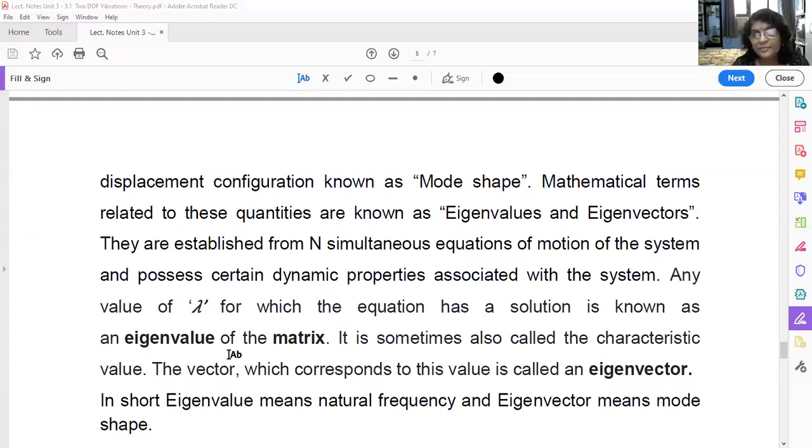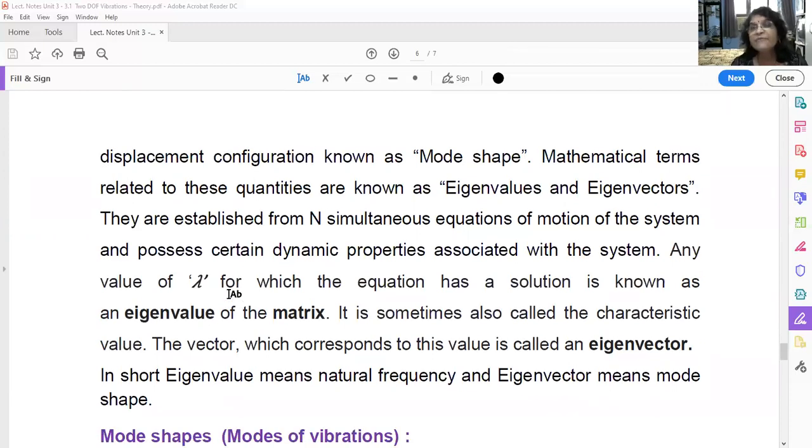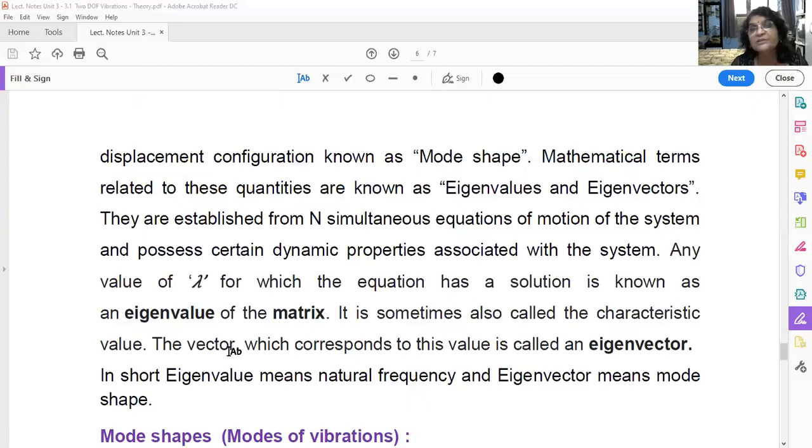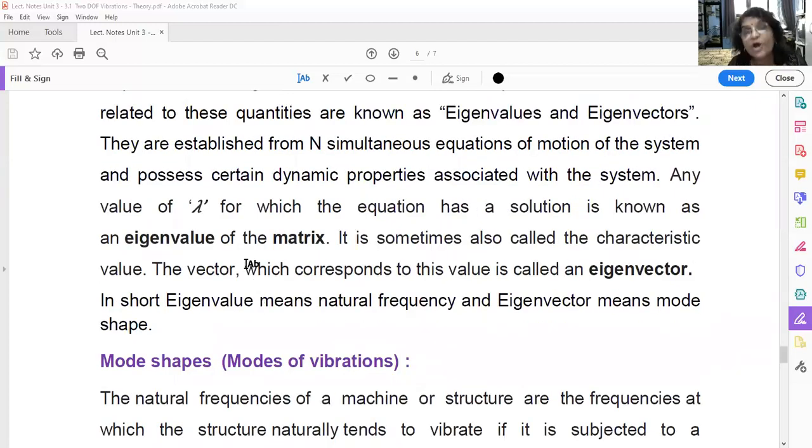Okay, and why is a matrix here? Because when it is an n degree of freedom system, there will be many equations and many parameters. Say if you consider mass, it is m1, m2, m3, m4, etc. If we consider dampers, damper 1, damper 2, damper 3, or stiffness, k1, k2, k3. So there are so many parameters combined in a multi degree of freedom system. That's why we require knowledge of matrices, or the help of matrices, to solve these equations.